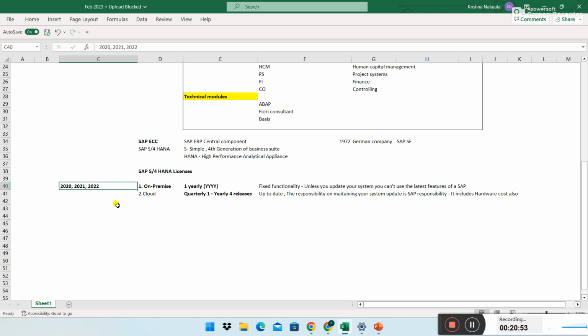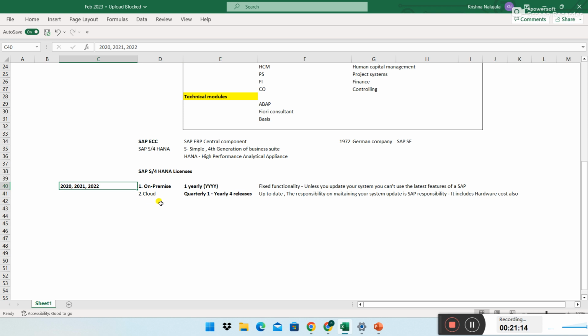In 2022, you have four cloud releases, and if you combine those four, it will be one on-premise release.